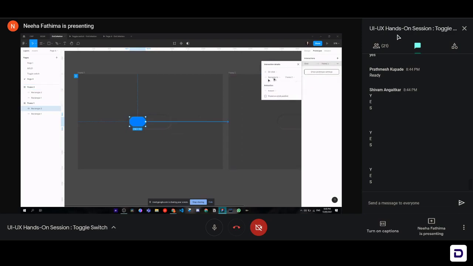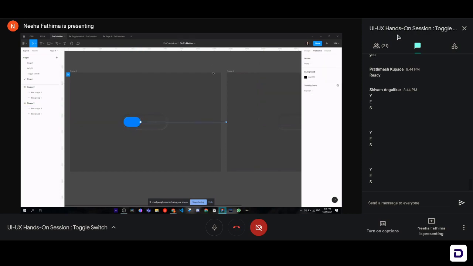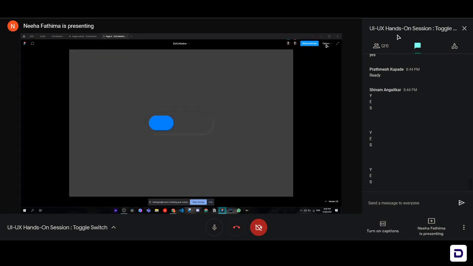Okay, so now you see this animation option appear over here. In that, we will select smart animate. Not instant, not dissolve, not the rest of the options. We will select smart animate. This is again not a very new feature, but it's a very thriving feature of Figma. So we will select smart animate, and maybe we'll go with ease in and about 400 milliseconds so that you can see the animation smoothly, right? So now all we have to do is click on the frame and play.